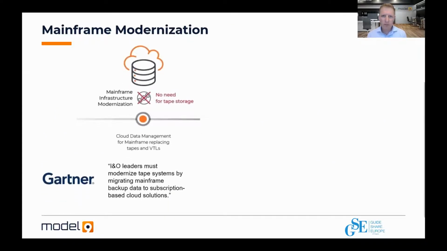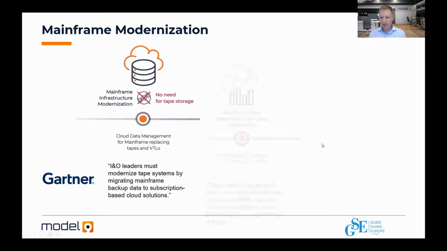We will cover 3 things around the mainframe modernization and cost reduction. The first cost reduction that we will discuss is the data protection. If it's the ATL and VTL replacement, the backup software alternative. We have a session in 2 days, by the way, that is talking about replacing some of the CA software with Model 9.